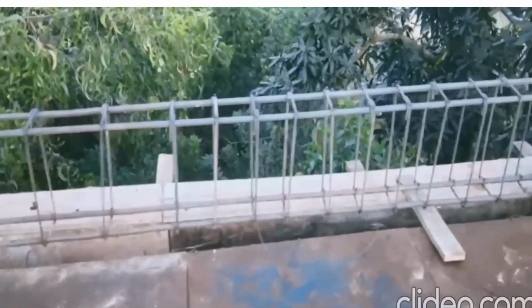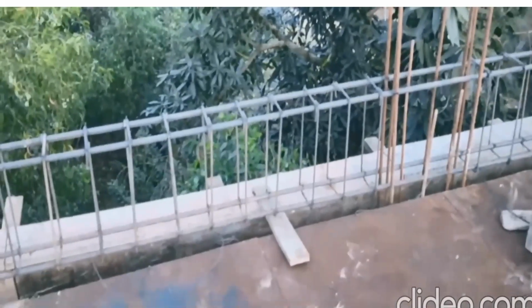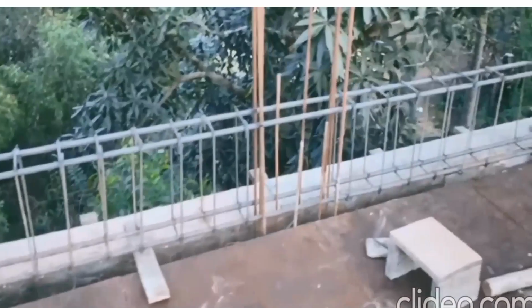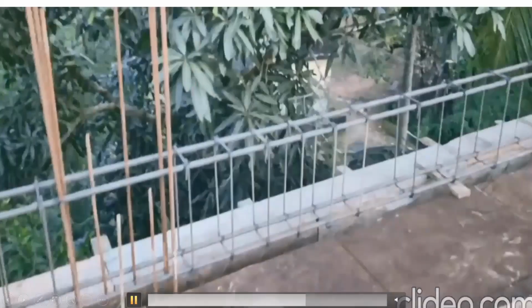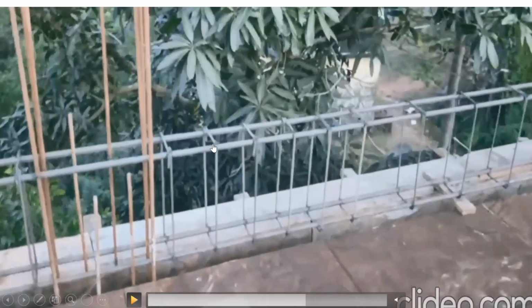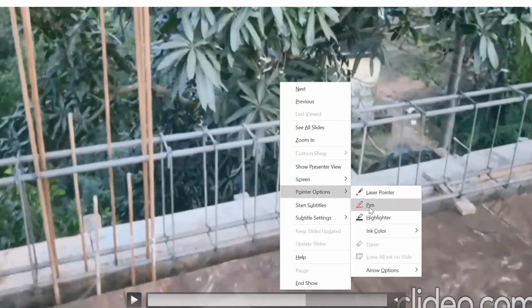Once they've arranged everything, right? You can see that, right? This beam has passed through the column. And one thing you need to observe, which is very interesting, near the support, if you look at the stirrups, they're closely spaced, right? Because in the drawing it was mentioned you need to provide 5-inch center to center spacing.